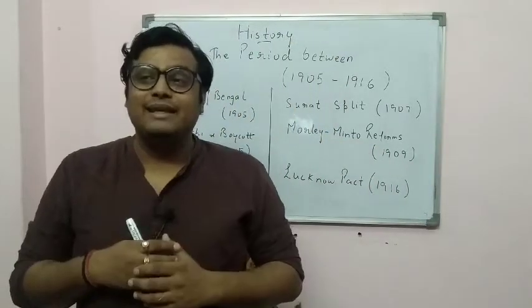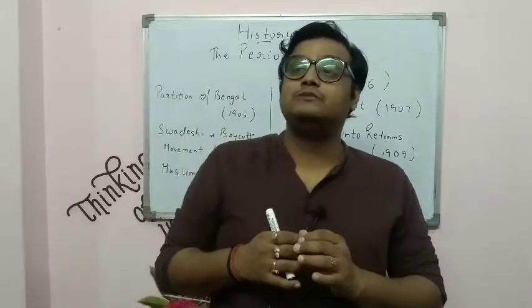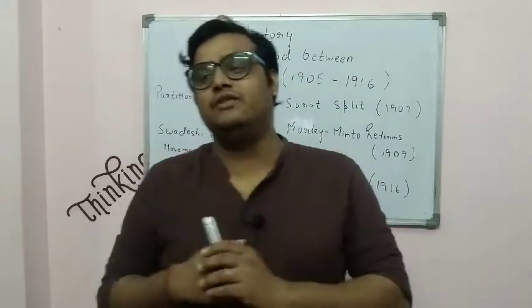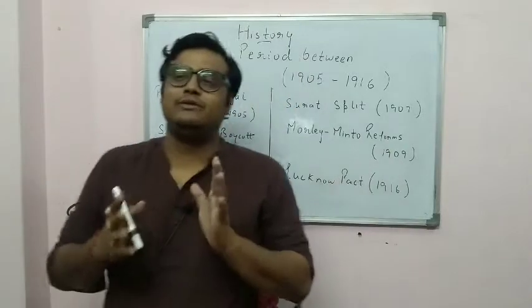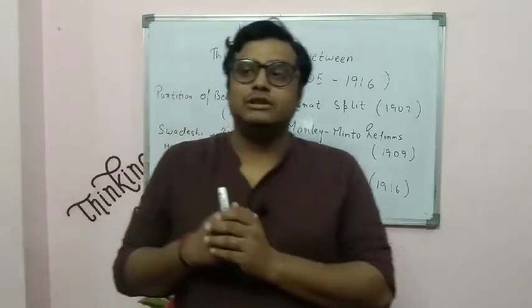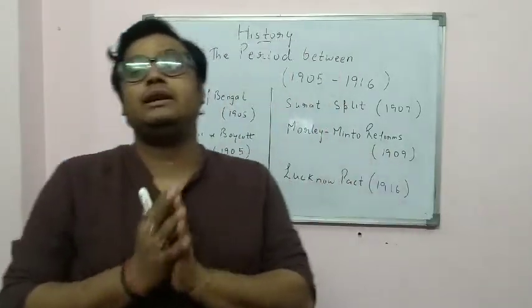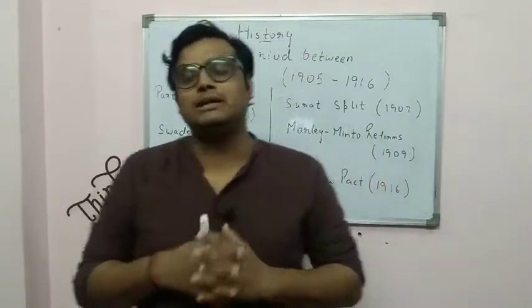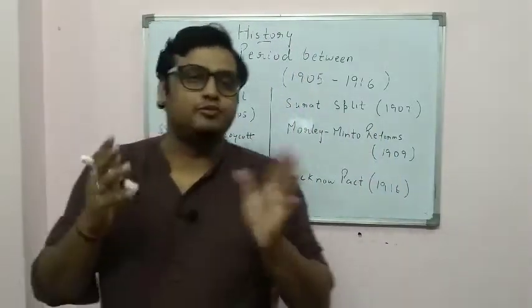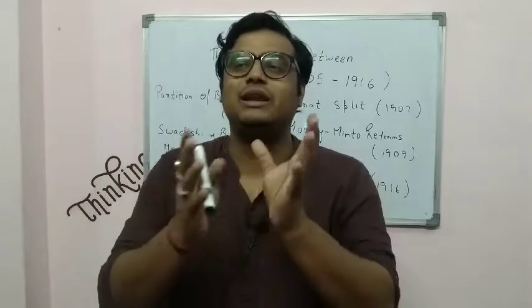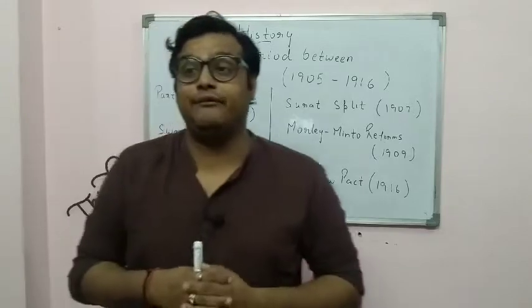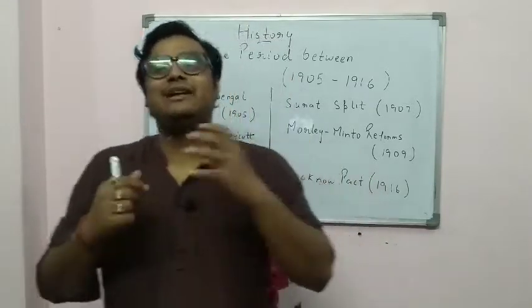Now East Bengal was basically comprised of Muslims and West Bengal was comprised of Hindus. So basically they wanted to divide the Hindus and Muslims. They said that to govern Bengal in a proper manner, we should divide Bengal into two parts. Now we'll come to the real motive of the Britishers according to the Indian perspective. What happened? The Indians realized